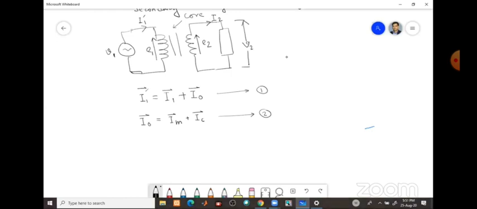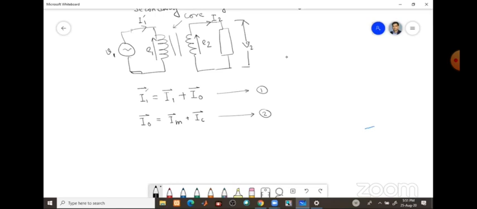So the flux which is flowing through the core can also link the other coil. So generally we call it mutual flux. Due to this mutual flux, we can think of some mutual inductance, because from the flux only we get the inductance, and due to this mutual inductance we get some mutual reactance, and due to that mutual reactance we get the mutual reactance drop, which we don't consider as a drop, we call it voltage induced.